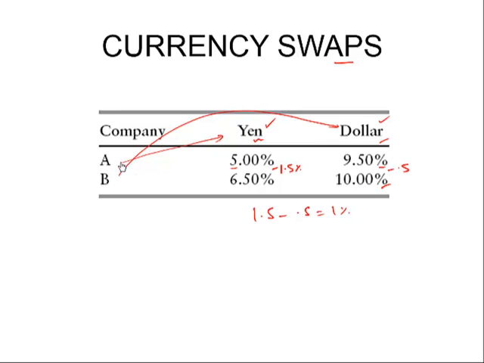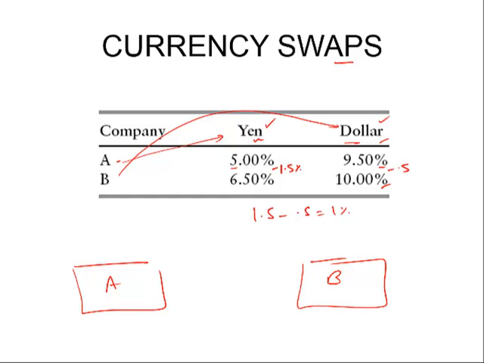Now let's assume that A needs money in dollars. So this is company A and this is company B. A needs the money in dollars and B needs to expand in Japan. It needs money in yen. Now what we advise A is that instead of borrowing in dollars, you should still borrow in yen. Let's assume the exchange rate is 100 yen per dollar. So if company A needs $100 and company B, for instance, needs 10,000 yen, then what we'll say is that